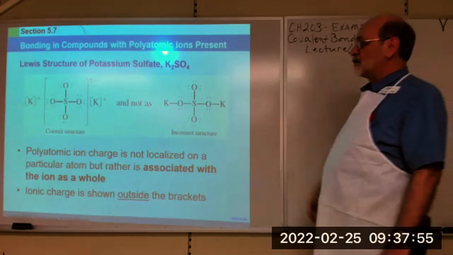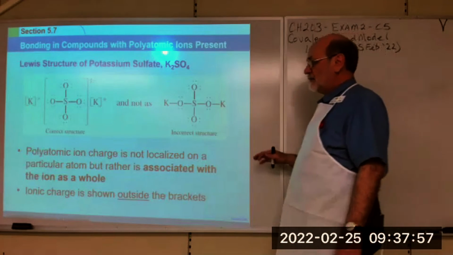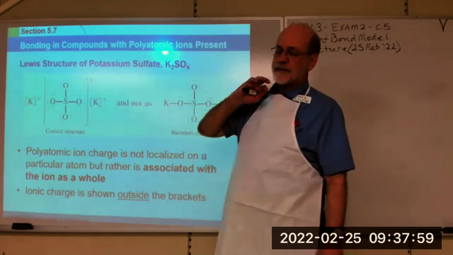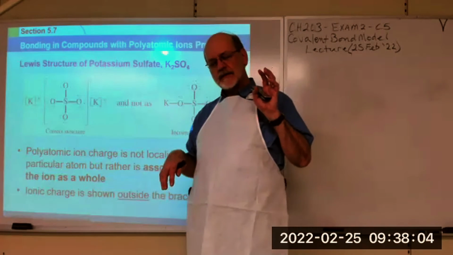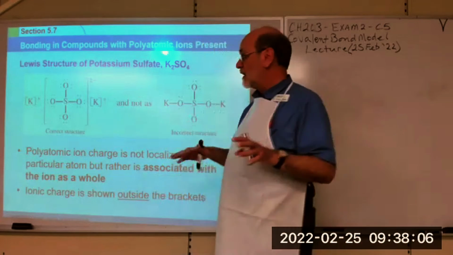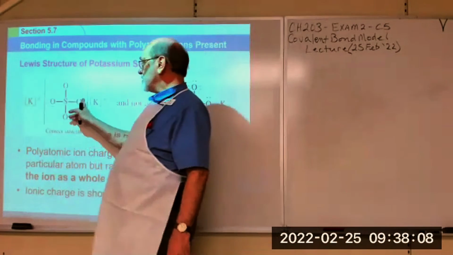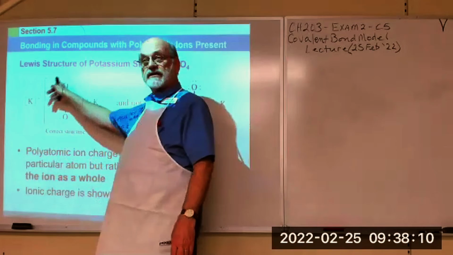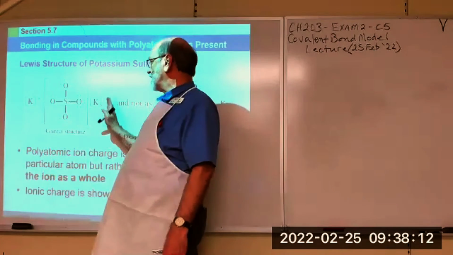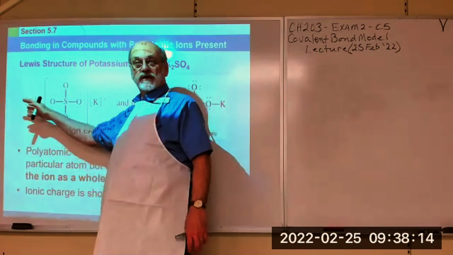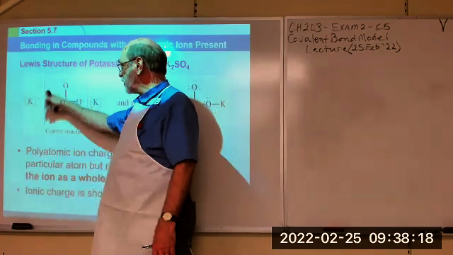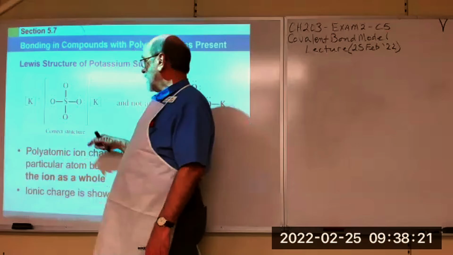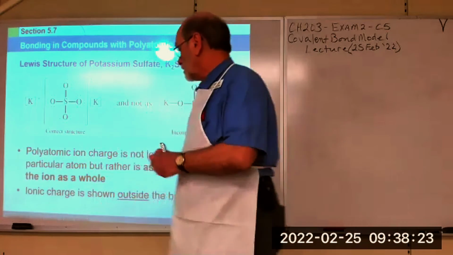So when you draw the Lewis dot structure for a compound that has a polyatomic ion in it, it's best to do the polyatomic ion as a separate unit and then bond it with the ions, the cations in this case. So this would be our Lewis dot structure. And when you do SO4